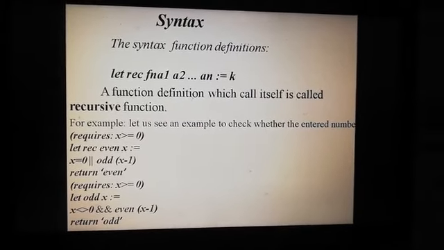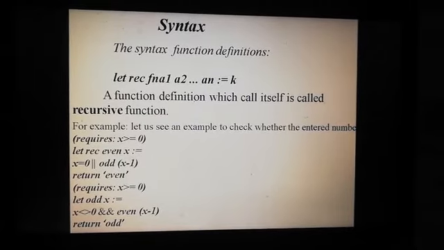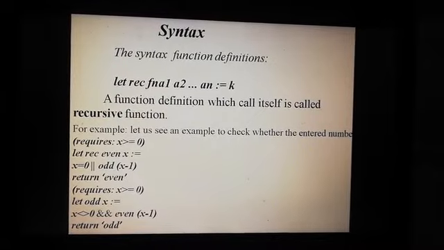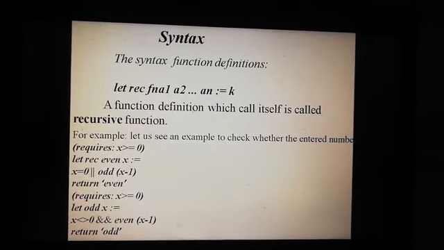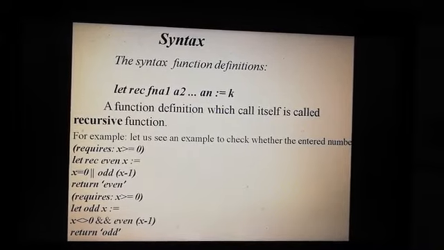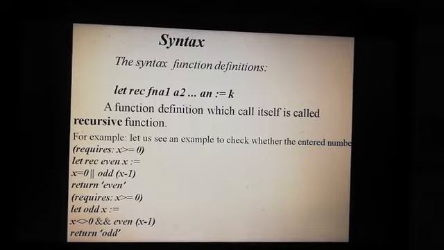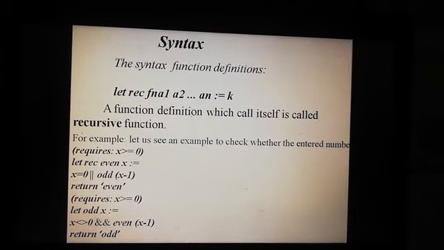Let is the keyword to start the function, and rec means recursive. Recursive means a function that calls itself. A function definition which calls itself is called a recursive function. That is the definition.